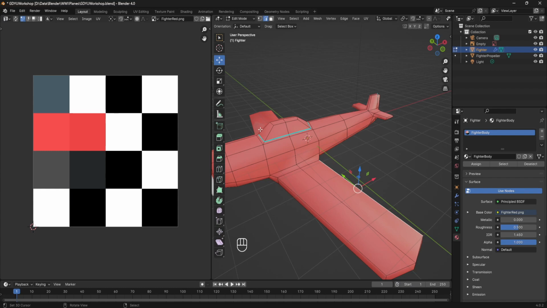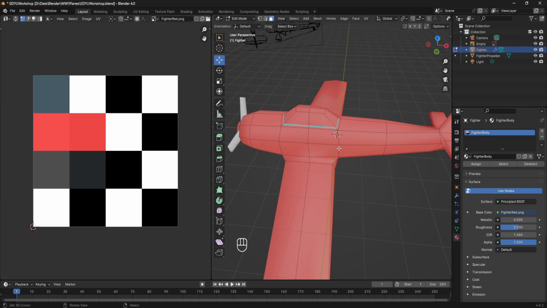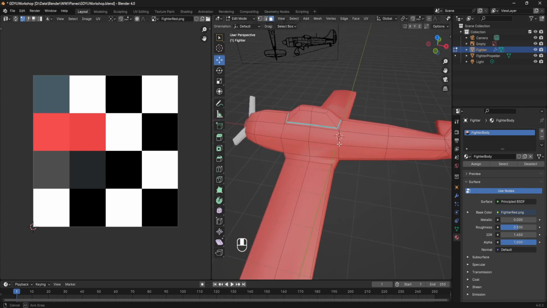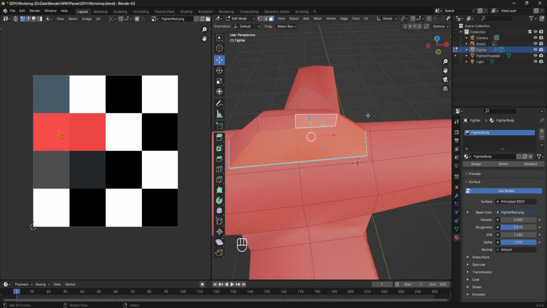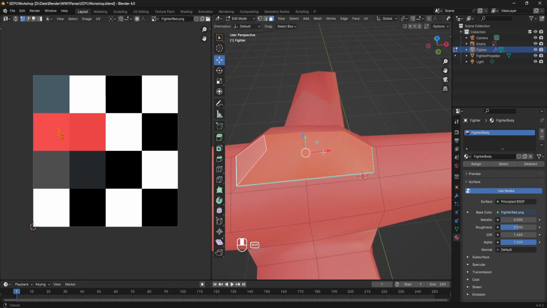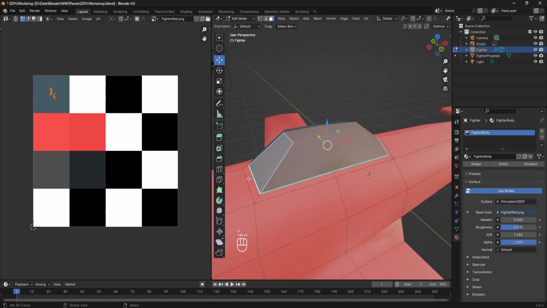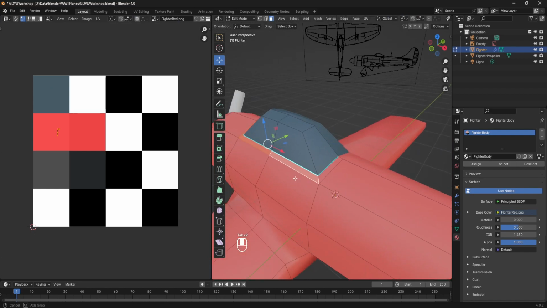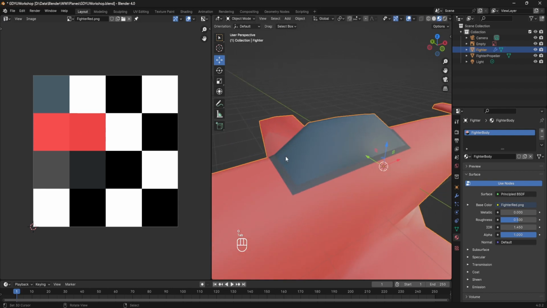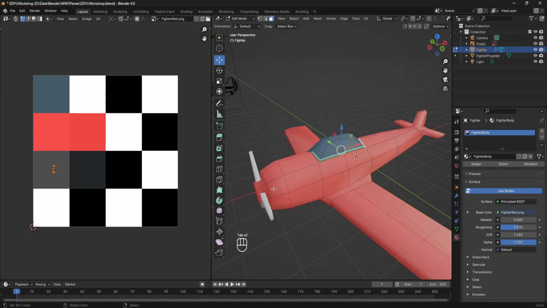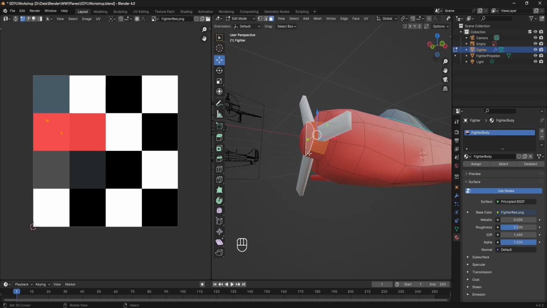And then what you want to do is, in face select mode on the right, because we want to color based on faces for the most part, you basically can just select the faces that you want to modify the color of. So for example, I want to modify these faces here to be this more glass color. I want to modify all of these, again just selecting all these faces, to be a gray border. I want to modify all these faces here to be